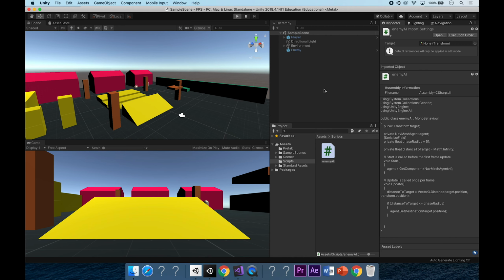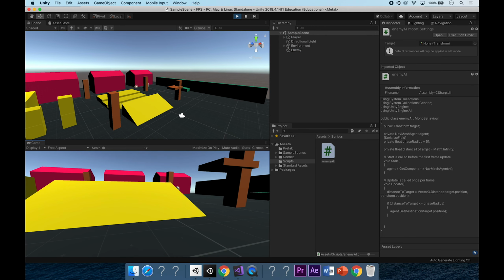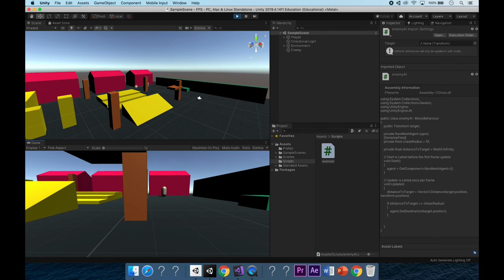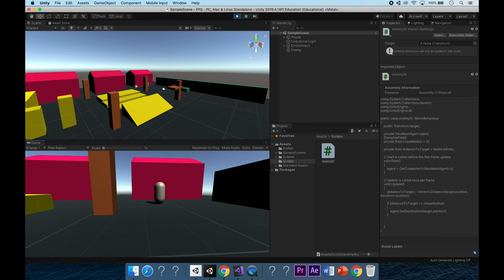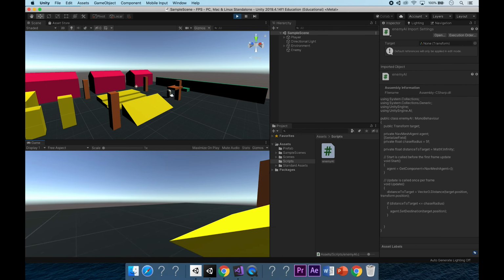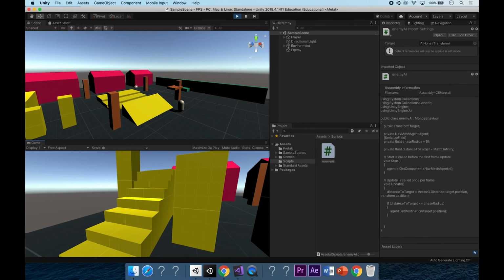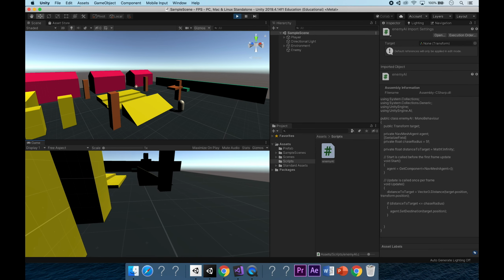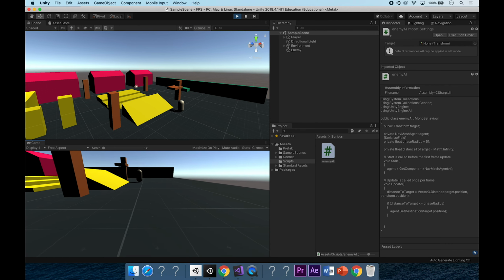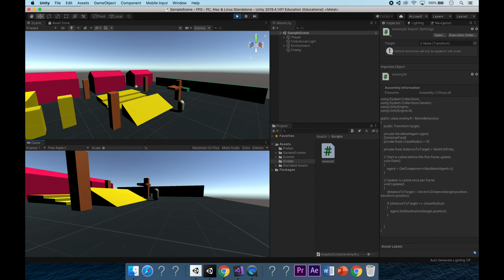Lovely, so if we press play, he shouldn't follow us. Aha, awesome. So let's have a look at this. Let's walk over to him. Let's see if we can activate him. There we go, we've activated him. Yep. So hopefully we should be able to get far enough away from him that he doesn't. There we go, it's happened. He hasn't chased us again. So there we go. We've achieved to get the distance of 5f away from him, and then he stops